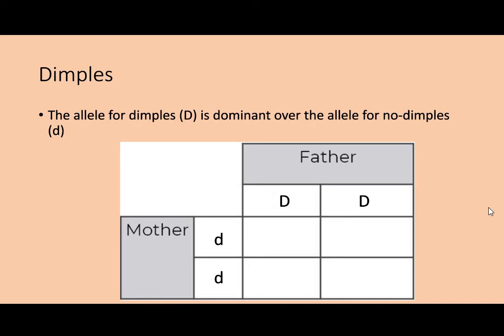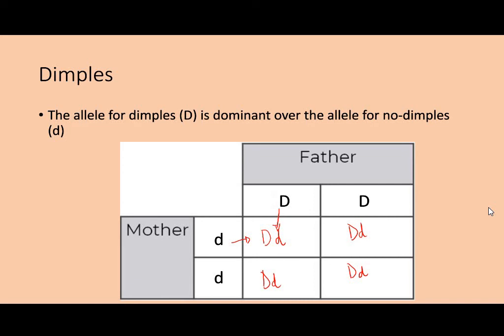I'm going to use the same method, and I'm going to show that this comes from here and this comes to here. When we represent these, we normally put the capital letter first, regardless of where it's come from. Even though that large D has come from here and the little d has come from here, we normally put the large D first. We get the same situation here, here, and here. In this case, mum does not have dimples, dad does have dimples, and he has 2 alleles that are the same, 2 genes on his chromosomes that are the same, so he ends up with 4 identical